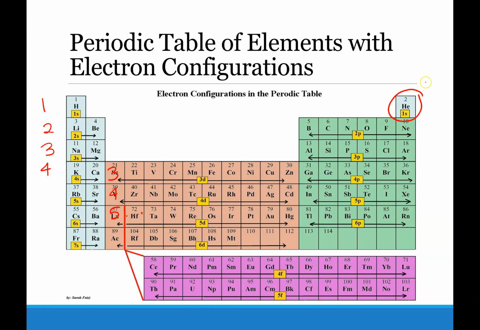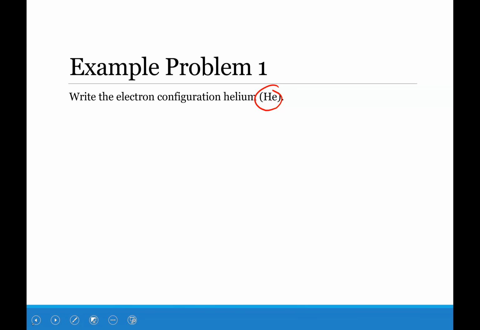So since helium sits here, it is 1s, and this is number 2, so 2. So the electron configuration for helium is